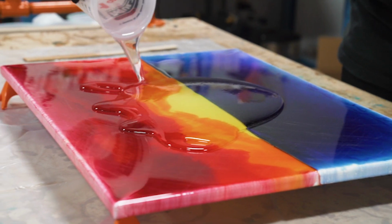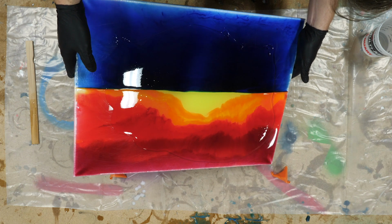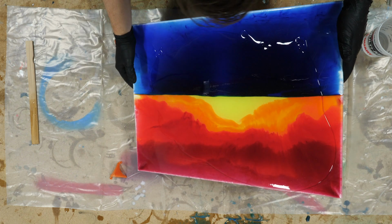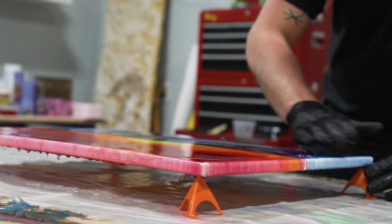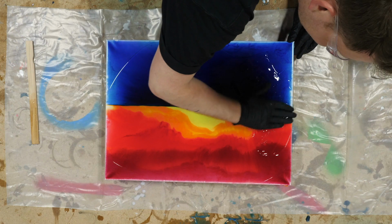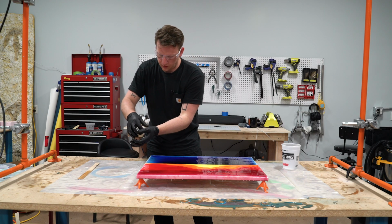All right, you can spread this out a few different ways. You can use your hands, you could use the stick that you mixed up your epoxy with. You can have some fun. And then I'm gonna spread it out with my hands too, because why not? It's fun to get a little messy, right? Bada bing, bada boom, we're done. All we have to do now